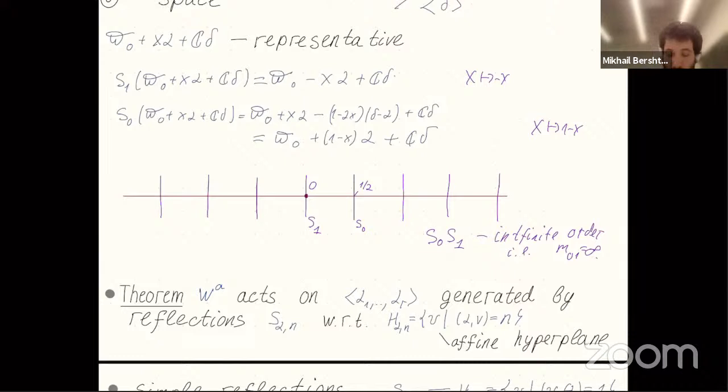My remark is that we have not only simple reflections, but all reflections, which means that in the group we will have a reflection with respect to all other half-integer points. This is clear. For example, we can have a reflection with respect to this point as a composition: reflection with respect to this point, and again this point. This composition is a reflection with respect to this point, and it is easy to see. Any such reflection belongs to this group, and also in this group we have translations. If we take the composition of the reflections at 0 and at 1 over 2, it will be a translation by 1.